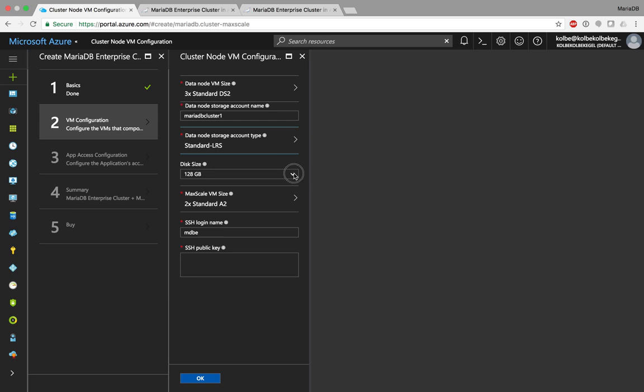For this template, you can choose the disk size for each of the backend nodes. The default 128 is fine for testing. If you have more data you want to load into the cluster, you might need to choose a bigger disk. This simplified template doesn't support multiple disks or striping or any of that stuff, so this is a very simple